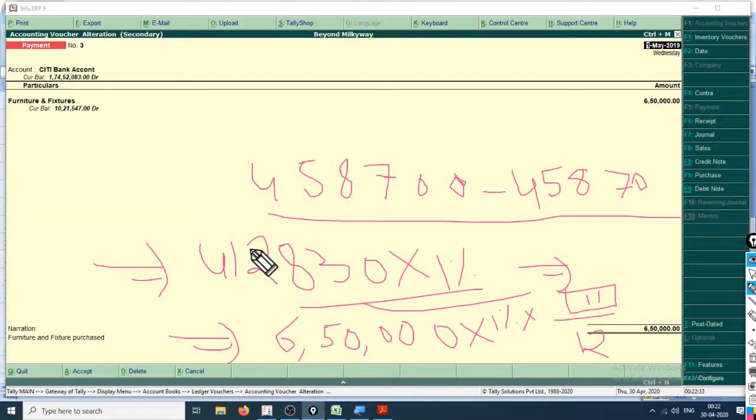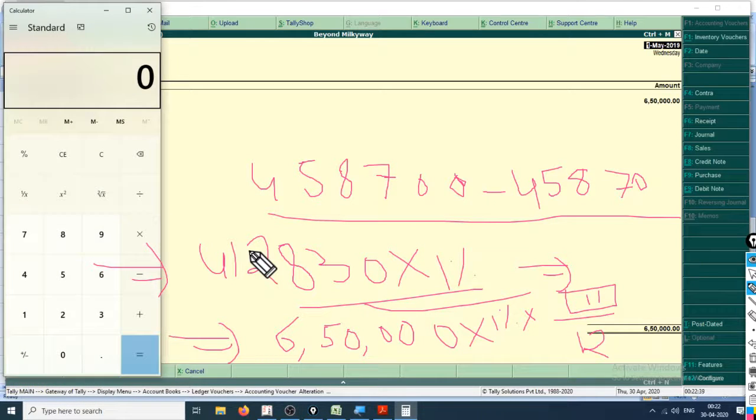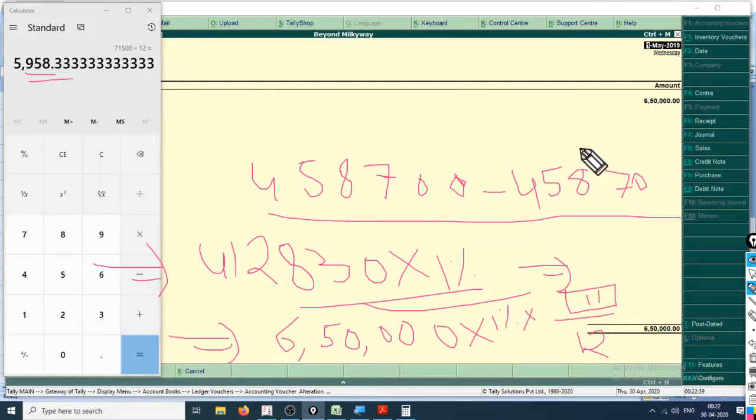Let's calculate it on the calculator so that you can see better. 6,50,000 into 0.1, enter. 65,000 into 11, enter. Divide by 12, enter. So this should be the amount that should be additionally depreciated for 6,50,000.